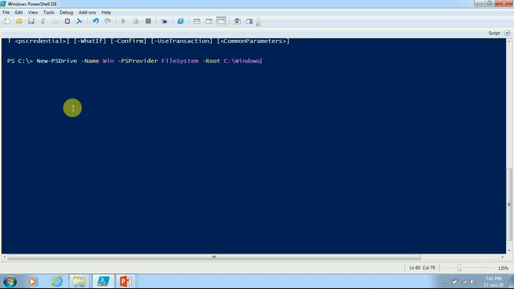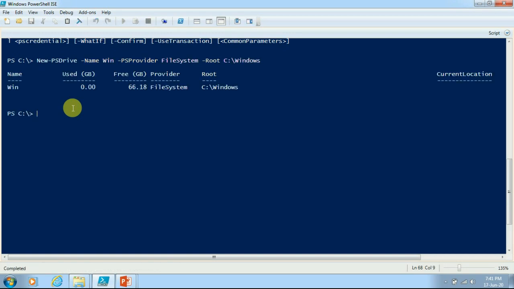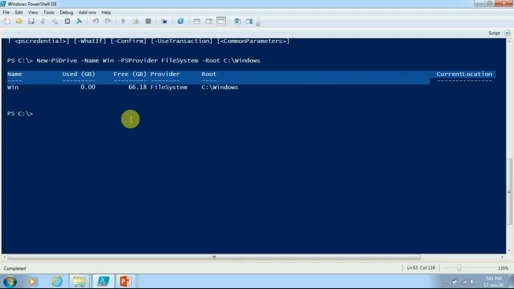I will give the Windows path, and as soon as I execute this line, a new PS drive got created, and for that we got information as well.